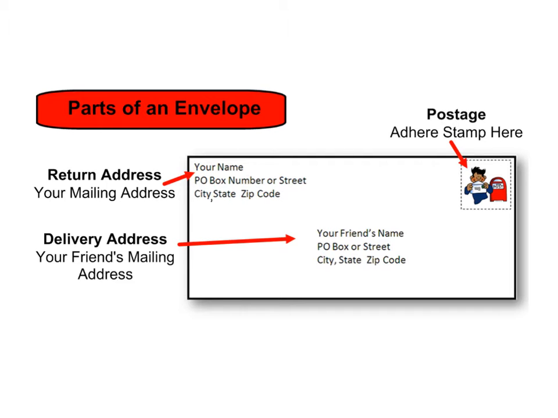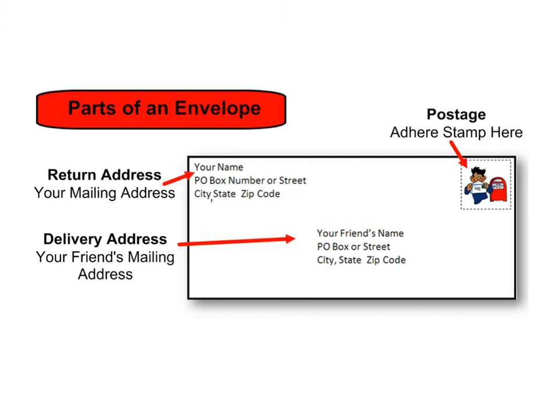The first part is the delivery address, and that's this big section right here in the middle of the envelope, and it's pretty much usually the largest printed portion of the envelope. That's where you put the name of the person that you are sending the letter to, as well as their